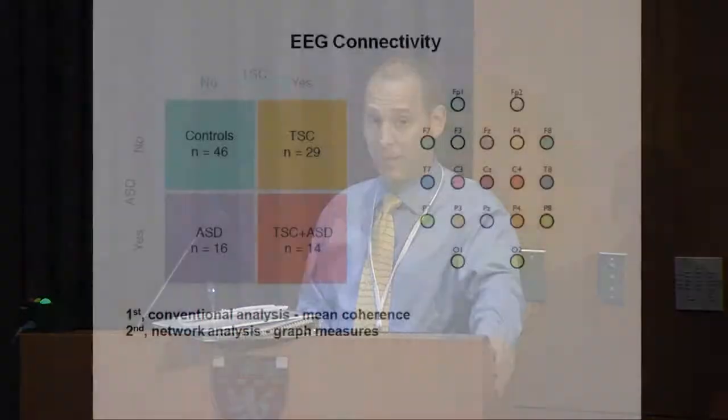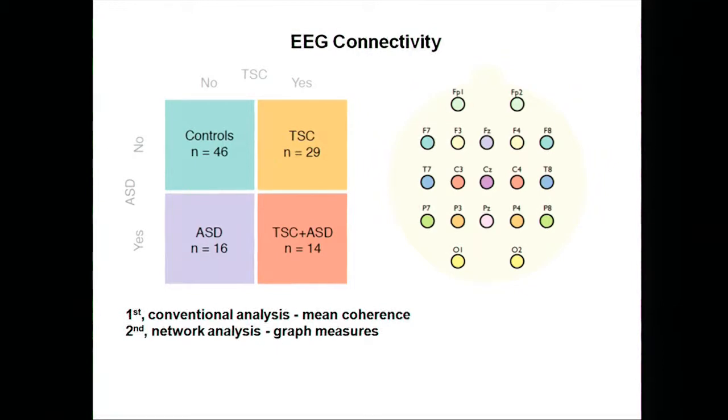We were looking at connectivity measures, but similar to large data sets that Dr. Sung was talking about, if you have 19 electrodes on the head in a clinical setting or 128 electrodes in a research lab, you get 19 times 18 divided by 2, that is 171 possible connections. If you do 177 possible connections and you have several groups and several frequency bands you can examine, you get a large number of comparisons and a high false discovery rate. So we needed to have specific questions in mind when we embarked on this